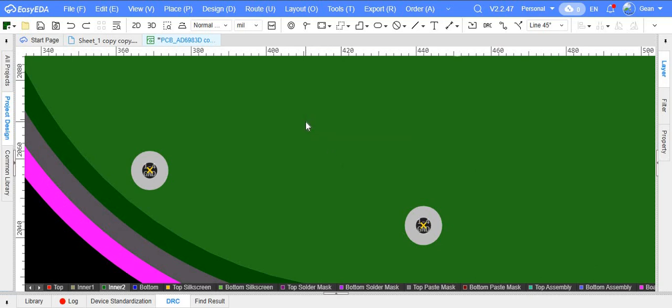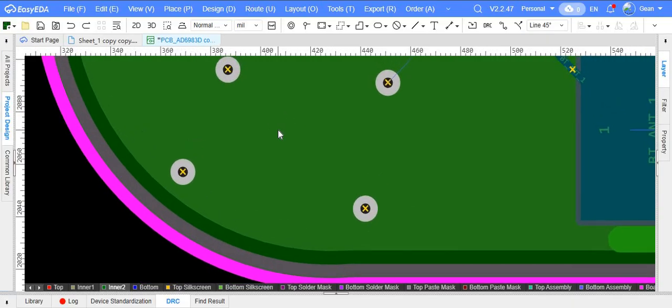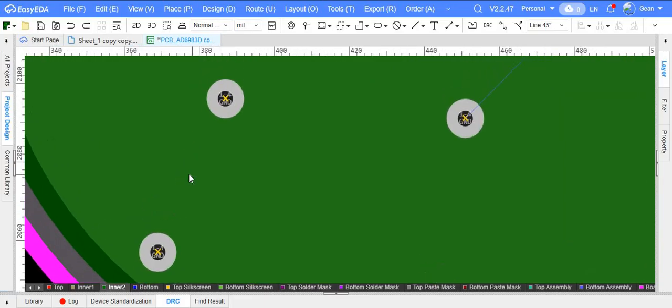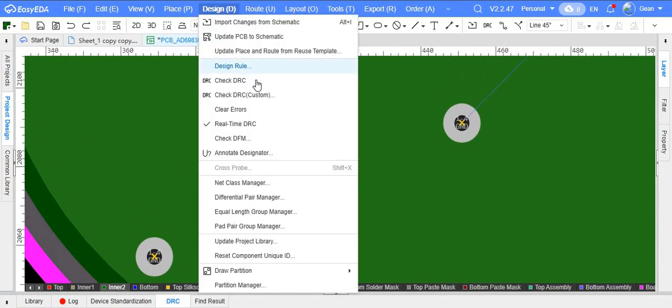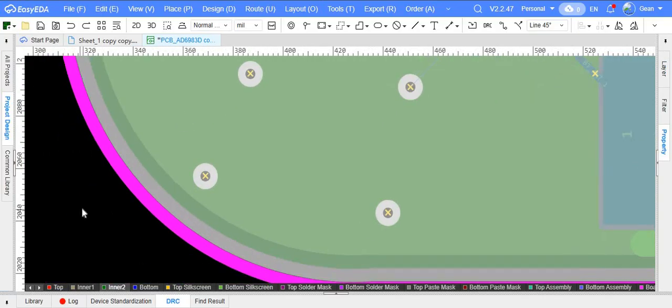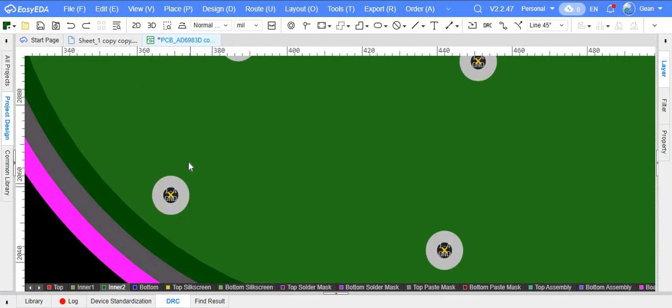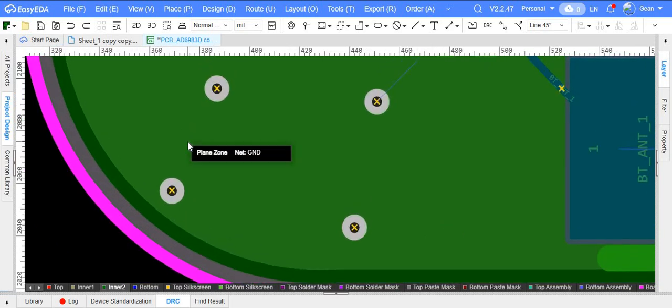Okay, here we are. Let's suppose we are doing a design, and as I am having right now, you might be facing a problem with DRC errors. And as you can see, this tiny cross inside this via is warning us that something is wrong, something on the layout, something on the design, and you have to pay attention to this